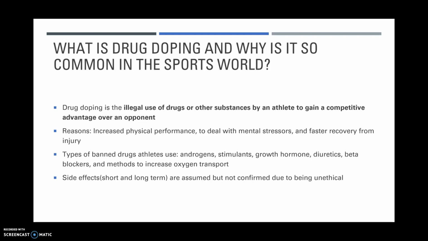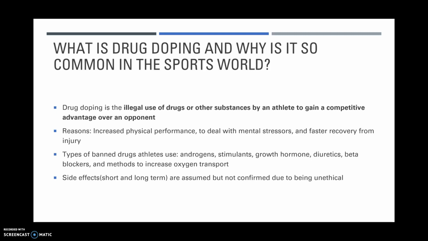There are common types of drugs used, and those include androgens, also known as anabolic androgenic steroids. A common form would be testosterone. They increase muscle growth and bone thickness. They increase recovery time, and they also improve an athlete's athletic ability by 2 to 5%. The second is stimulants. These stimulate the central nervous system and increase heart rate and blood pressure. They increase endurance, alertness, energy, and aggressiveness, while decreasing fatigue and appetite. Common forms include caffeine or energy drinks, and in extreme cases, cocaine.